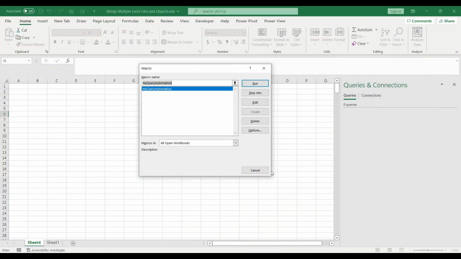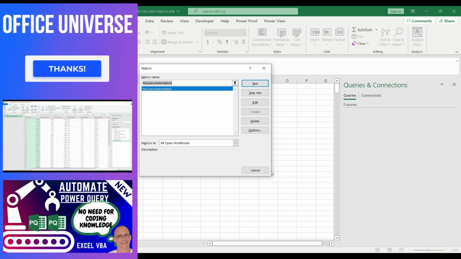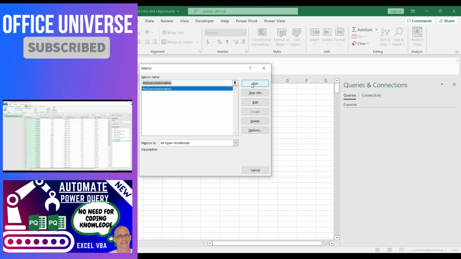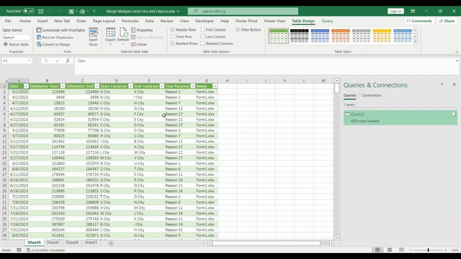In the previous video, I built a macro which auto-generates one of our queries. If you want to know how to do that, please check out the link in the description below. In this tutorial, I'm going to show you how you can customize your ribbon with assigning this macro to your